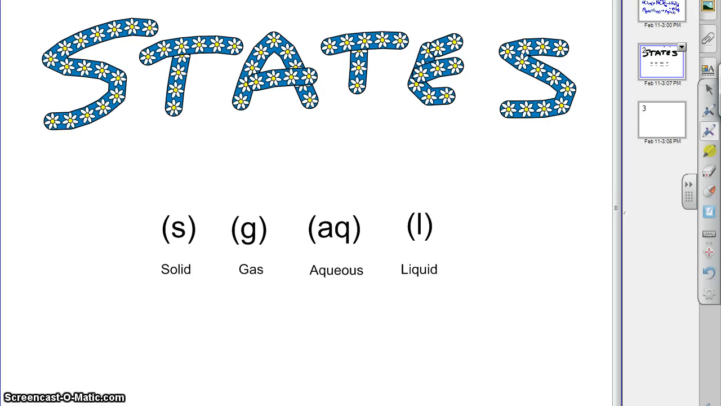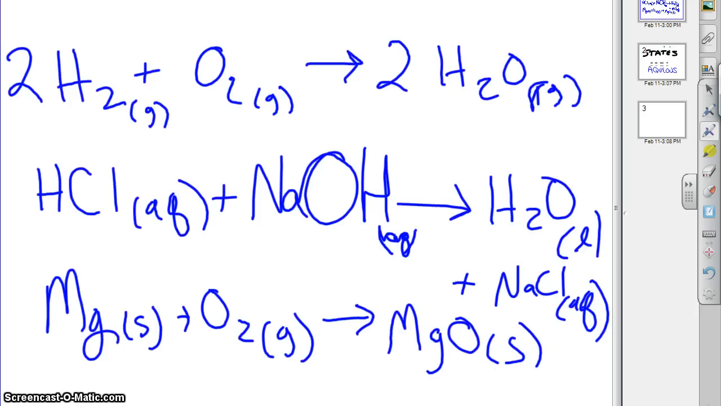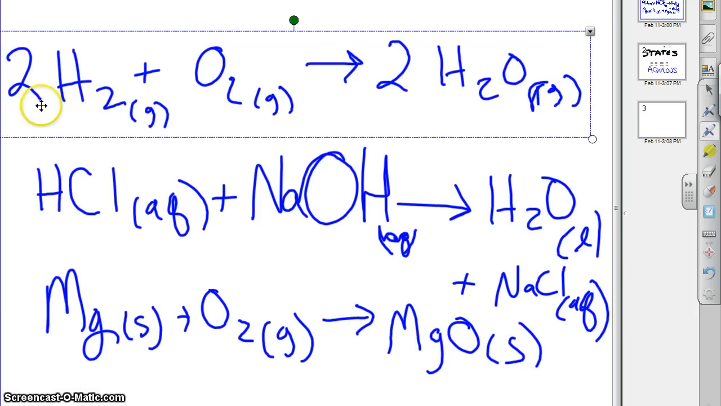S stands for solid, G for gas, AQ for aqueous. That's the one you probably don't know how to spell, so I'll spell it real big for you to see. And L, not I, but L, for liquid. So all this means is, if we have some examples, if we have the top example here, hydrogen with oxygen